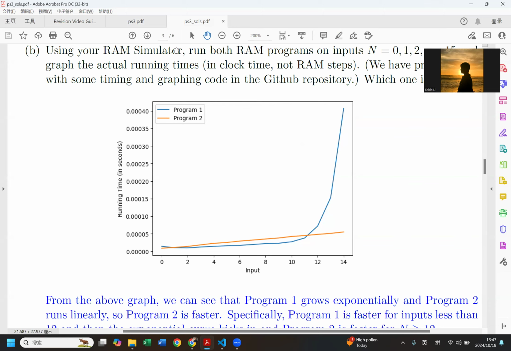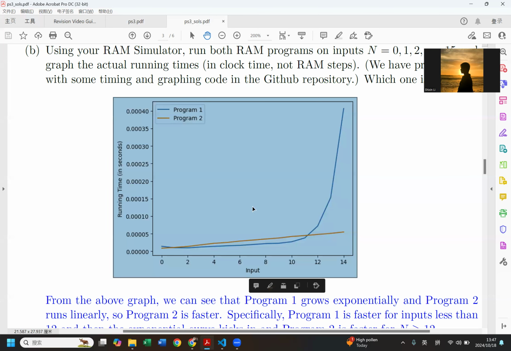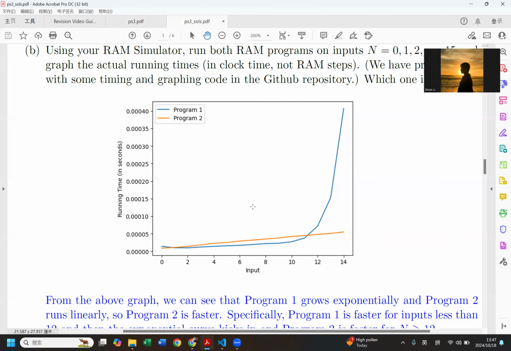The last part of the question asks us to explain why the two programs differ in runtime. My answer may not be very specific, just at a high level, because in part B the graphs I created were not correct. But starting from these correct graphs, there are two reasons why the two programs differ